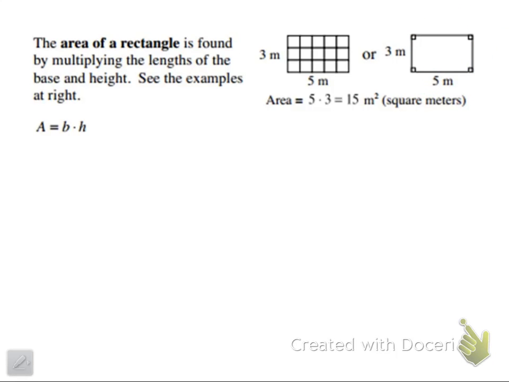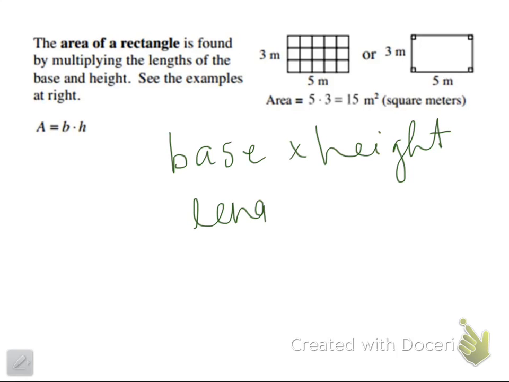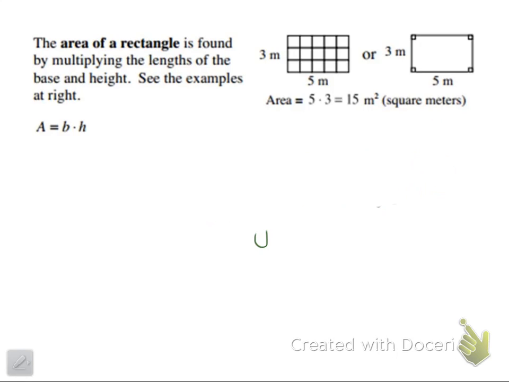Okay? But to find area, different ways we can think about area are, you might have heard of, base times height, or length times width. Both of those are the exact same thing. So if we're looking at the shapes we have up here, you'll notice we have a base of 5 and a height of 3. So to find the area, we multiply those two numbers together. 3 times 5 equals 15